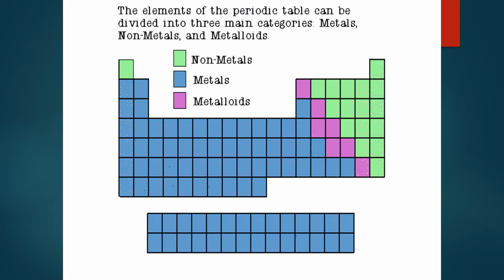In this periodic table there are metals, non-metals and metalloids, or we also call them semi-metals. You can see the metallic property is in the middle of the periodic table. D block elements are metals. Even alkali metals and alkaline earth metals are metals, except hydrogen. In P block elements there are non-metals, and there are also semi-metals. Semi-metals or metalloids mean what? They will act as a metal also, and they will act as a non-metal also.